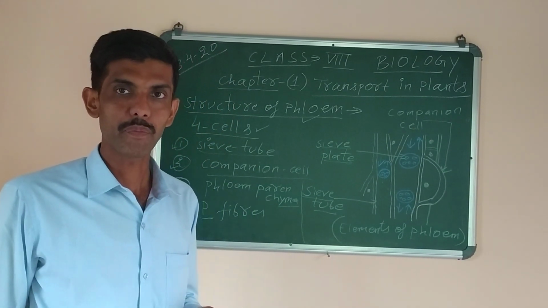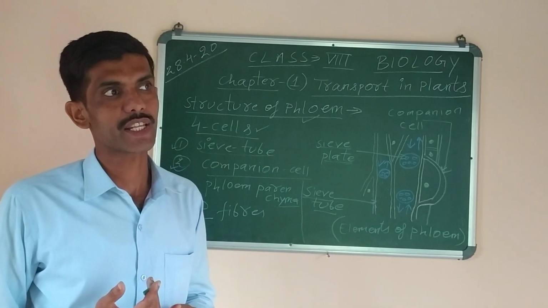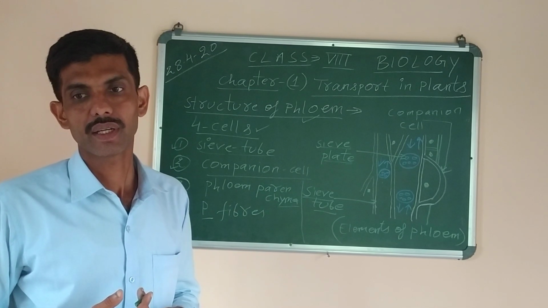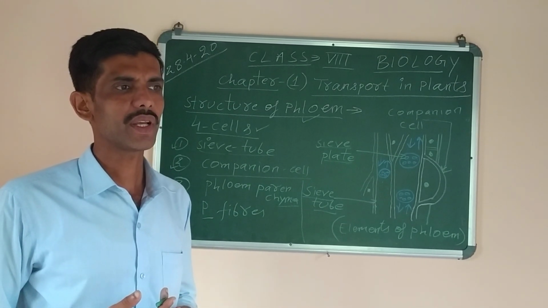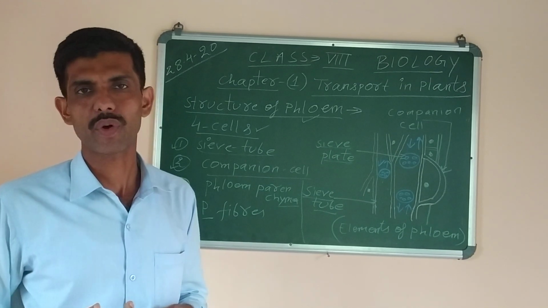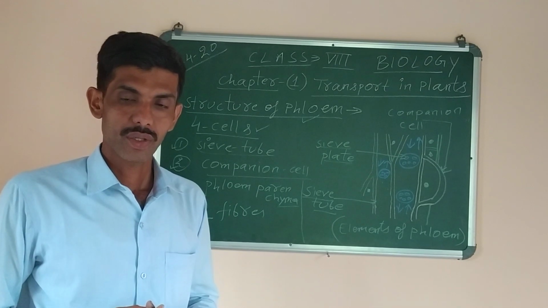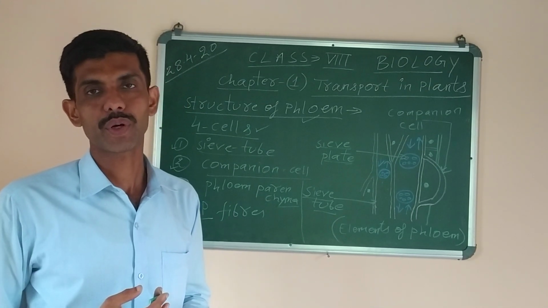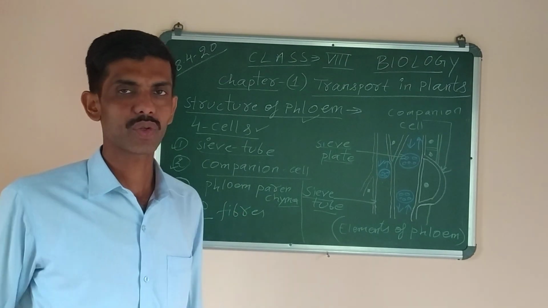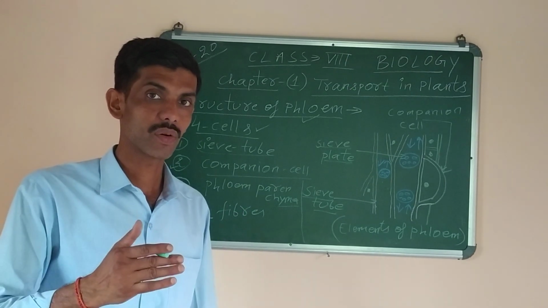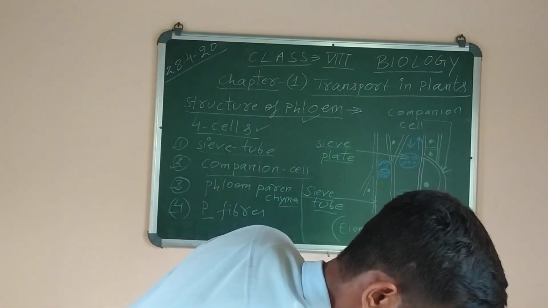the different methods by which minerals are transported in the plants. You know what minerals are? Minerals are the materials like the ions which are required for the proper growth and development of plants. So since the minerals are transported from one part of the plant to the other, there are certain processes involved in it. We'll discuss each one of them one by one. So let's clear the board first.